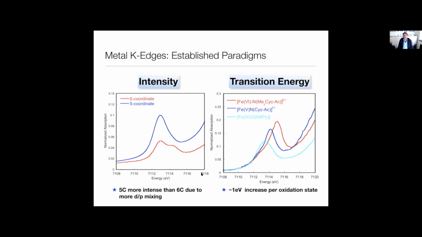So here you see a few typical trends in K-edge X-ray absorption spectra for transition metal complexes. You see that, for example, a 5-coordinate transition metal complex is supposed to have a more intense pre-edge than the 6-coordinate species, and the energy of the pre-edge is rising with oxidation state, for example, here from iron 4 to iron 5 to iron 6. It was a beautiful series that we studied a few years ago, and there's about a 1 electron volt increase per oxidation state,